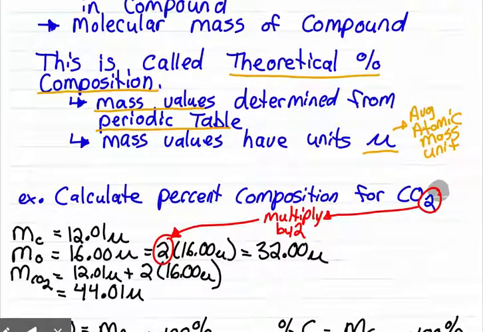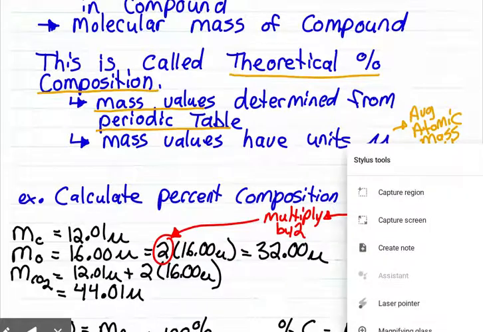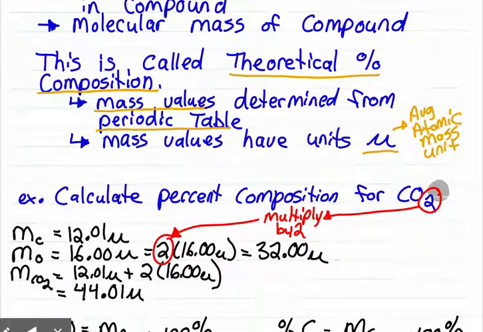So instead of having mass values in grams, we have to use our periodic table. We're going to go to our periodic table and we're going to get our atomic mass of carbon, and we see that it's 12.01 atomic mass units. We get our mass of oxygen, it's 16.0 atomic mass units. So those are the two elements involved. Because carbon dioxide has two oxygen atoms, you see highlighted in red, that means we have to multiply the atomic mass of oxygen by 2 because there's two oxygen atoms contributing to the mass. That means that the mass of oxygen involved is